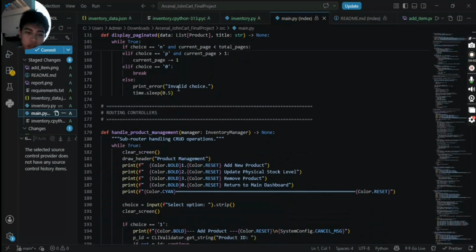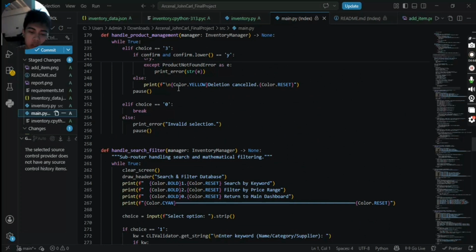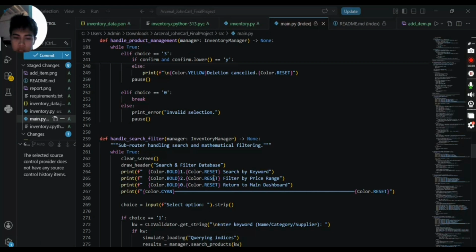So as for my reflection, reflecting on this project, the most challenging part was engineering the dynamic terminal table and combining it seamlessly with the pagination algorithm. Calculating the grid intersections and slice bounds mathematically required a lot of trial and error to ensure the UI remained smooth and unbreakable.